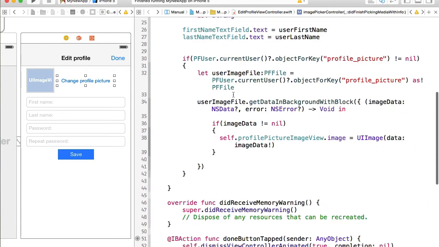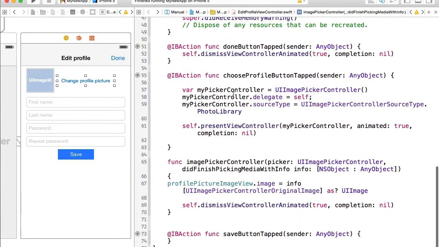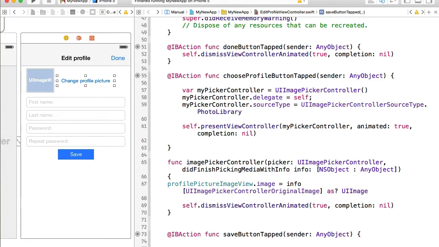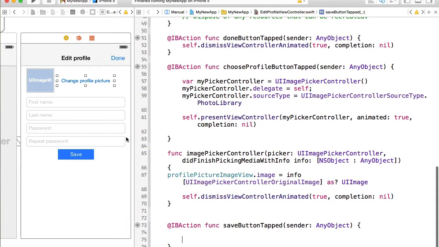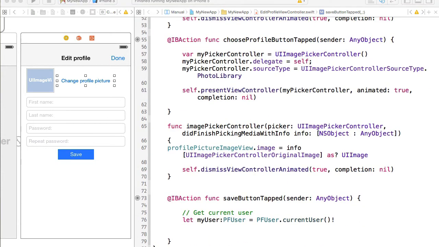I will look for my save button tap here at the very bottom. Okay, and in the save button, what we are going to do, we are going to make sure that our fields are not empty, and then if password is provided, then we will update the password as well. Otherwise, we will leave password and we will not update the password. And we will start, because we're going to be working with user object, first of all, I will instantiate current user object. Second, I will get profile image